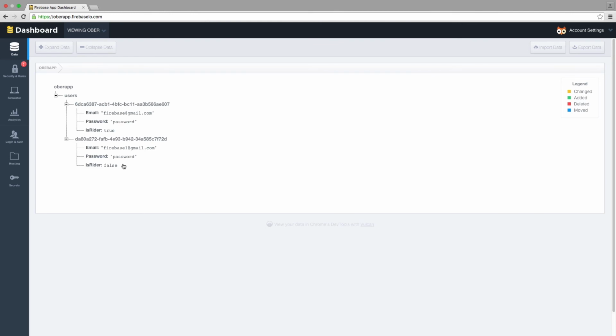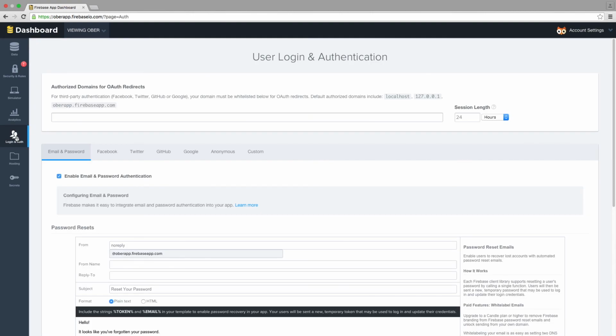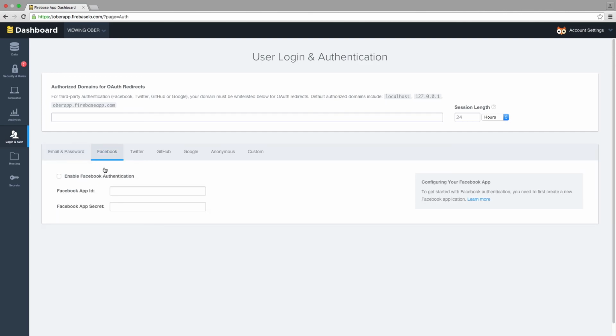And I do want to show you one more thing. Right here where we set this password, we passed in the authData.provider. It's really just telling which type of password we're using. So for password, we're using the email and password right there. This is not going to be the actual password. Like if we go into login and auth, if we were to set it to Facebook, then